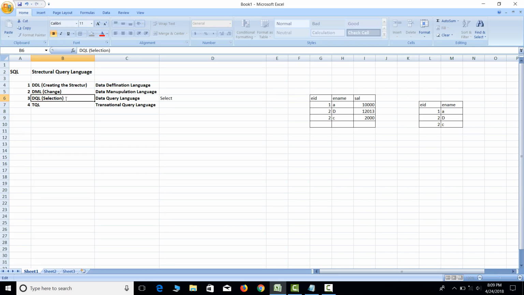So this is nothing but the selection. And the last one is TCL. TCL is used for rollback or saving purposes. So it is used for saving purposes, meaning if you want to save this data into the database, that time